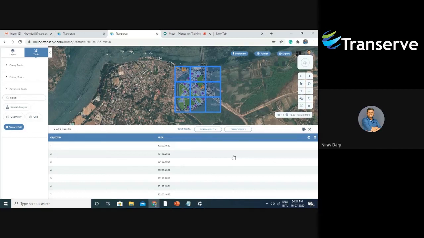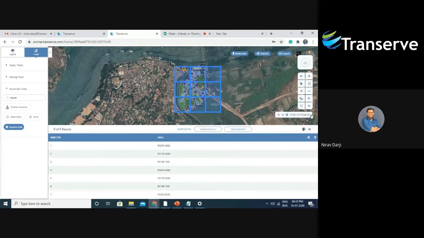When we go into the field for any kind of property tax survey, household survey, or door-to-door survey, we create these grids and assign a unique grid ID to each, and we assign those grids to the surveyors. On the basis of that, we can also monitor each surveyor's tasks, and we can monitor their efficiency too.